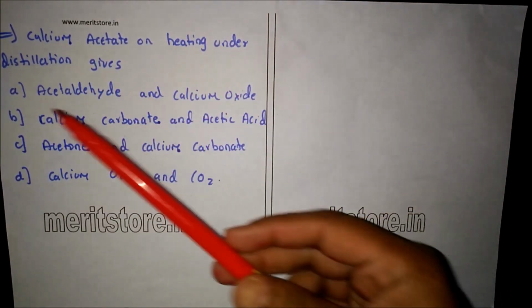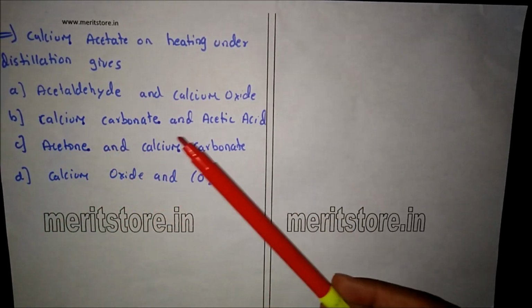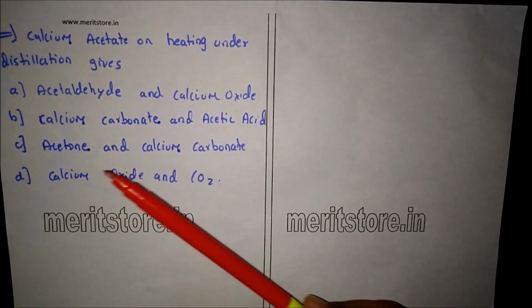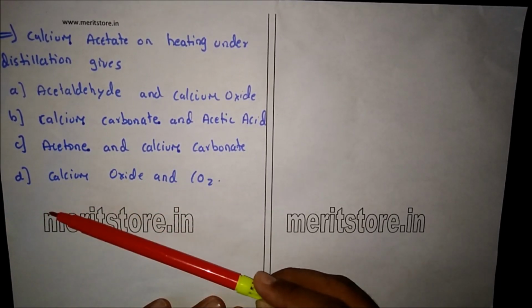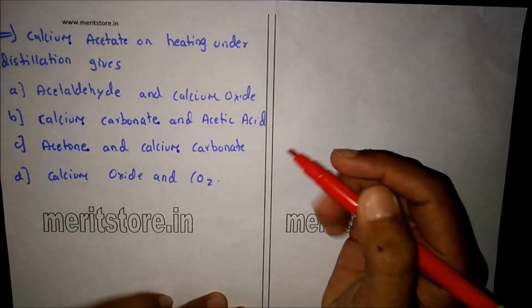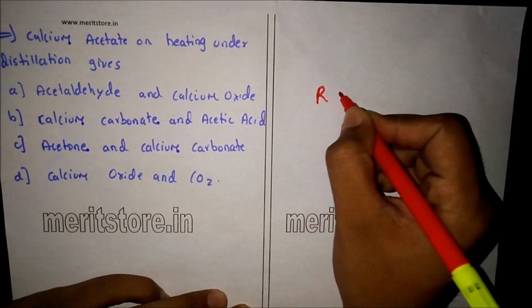Calcium acetate on heating under distillation gives A, acetaldehyde and calcium oxide; B, calcium carbonate and acetic acid; C, acetone and calcium carbonate; and D, calcium oxide and CO2. Now calcium acetate, which is given by the formula